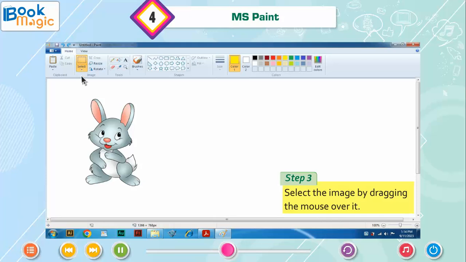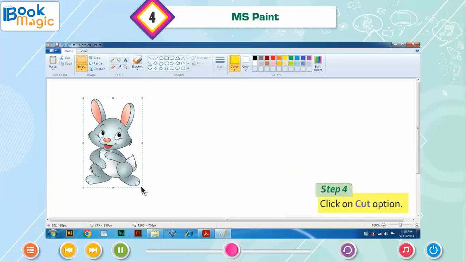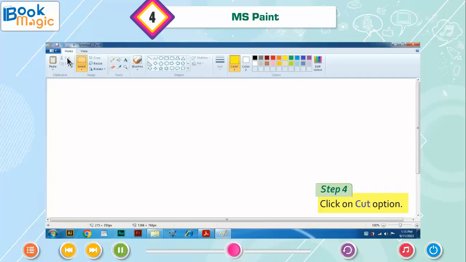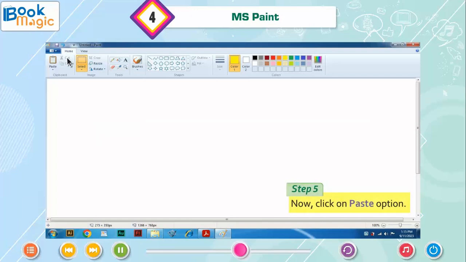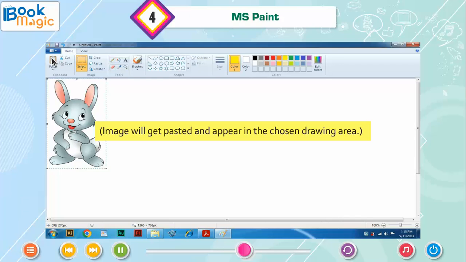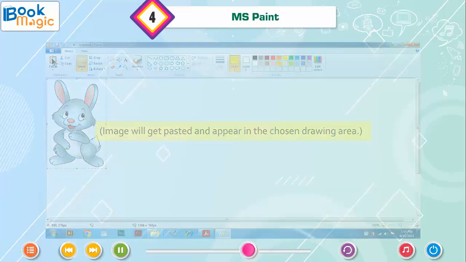Step 3. Select the image by dragging the mouse over it. Step 4. Click on Cut option. Now, open the drawing area where you want to move the image. Step 5. Now click on Paste option. Image will get pasted and appear in the chosen drawing area.